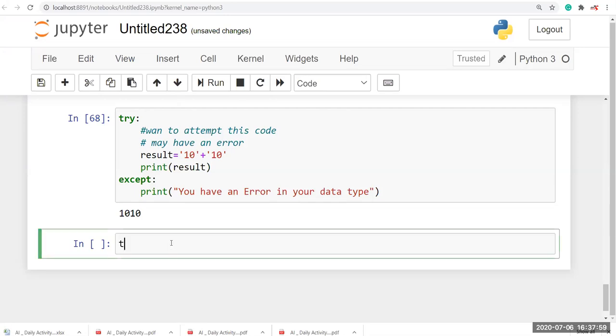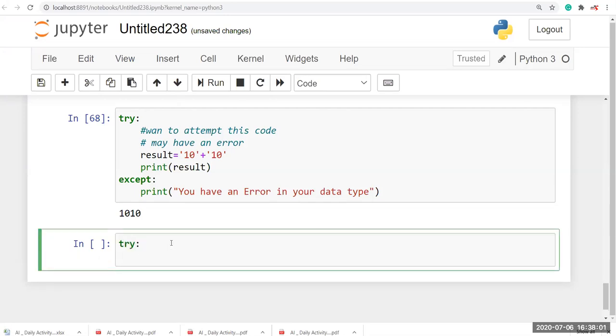So now I'm going to create a text file, open, and here I'm going to give the path, colon slash slash, Python projects, that is my folder, and here I'm going to give 123.txt.